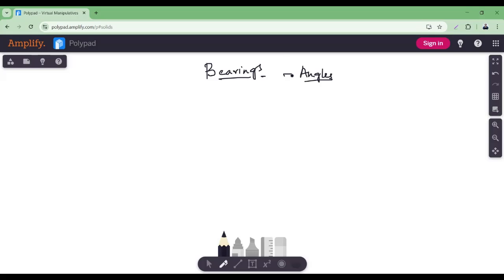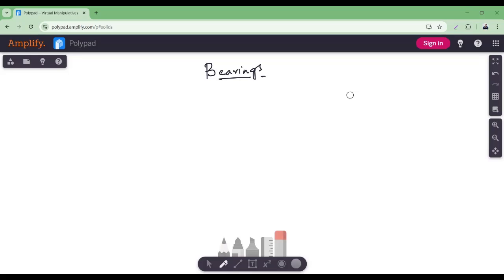Okay, just an angle will not help me, because an angle always has one reference ray, and from here it is 60, means you can say it is 60, right? But on an ocean, you cannot have one such reference line. The reference line that is usually taken is the north, right? That is what our compass shows. So, angles with reference to north are called bearing. You'll understand more about it when I explain it.